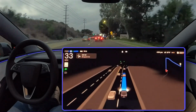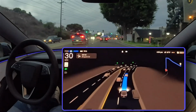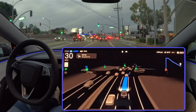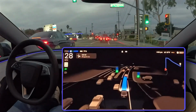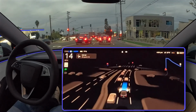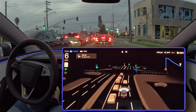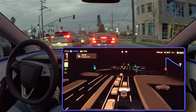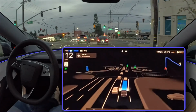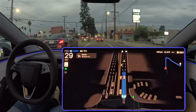Yeah. That's a perfect example. It's such a small detail, but it really shows how much attention they're paying to the details. It really does. And it shows they understand what makes a driving experience feel truly natural. Exactly. And comfortable. It's not just about making the car feel more human-like for the driver either. Right. It's about making it behave in a way that's predictable and understandable for other drivers on the road. That's crucial because ultimately these self-driving cars need to be able to seamlessly integrate into a world where human drivers